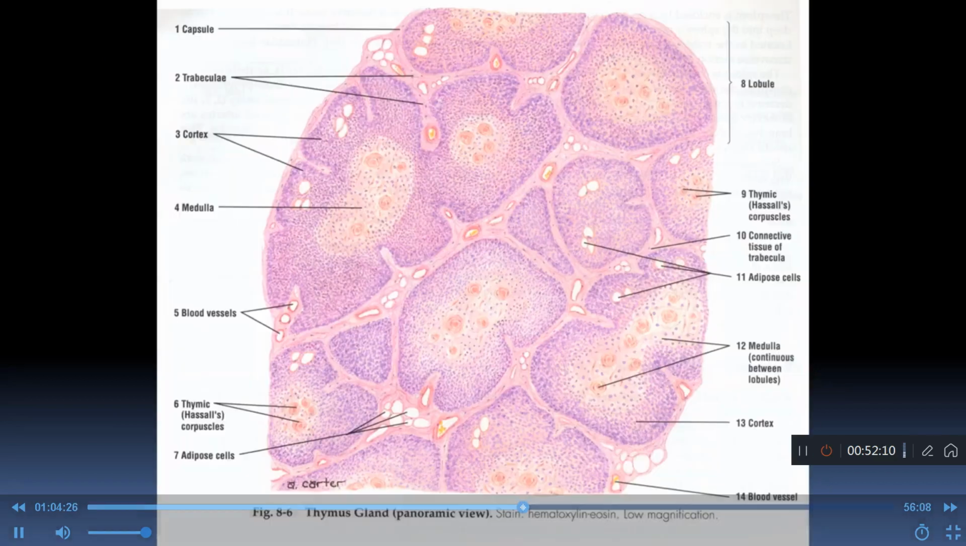So this is the first diagram I'm going to show you. It is an illustration